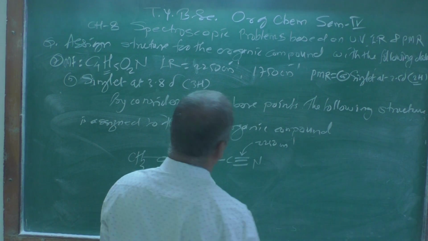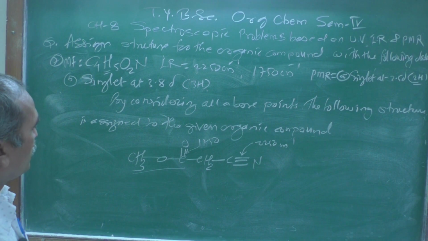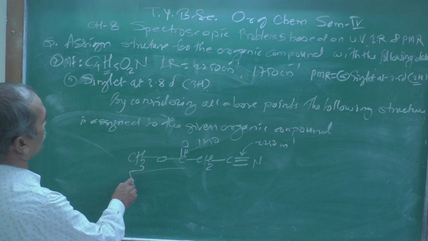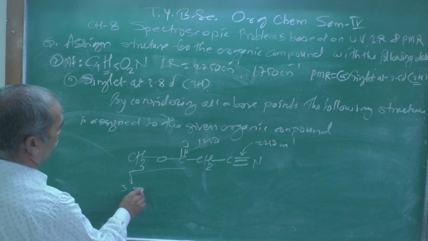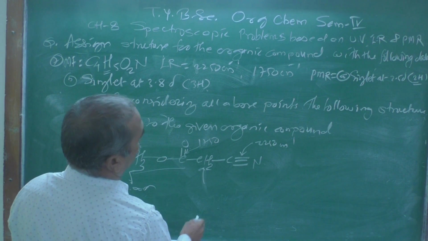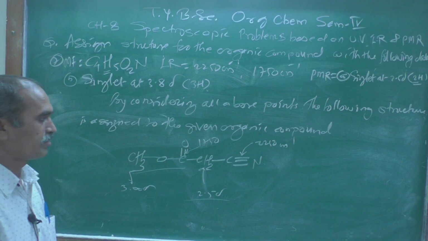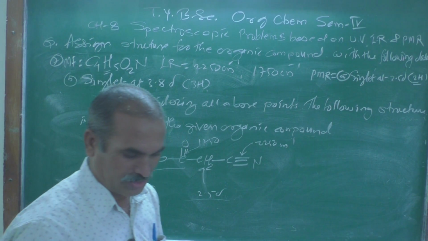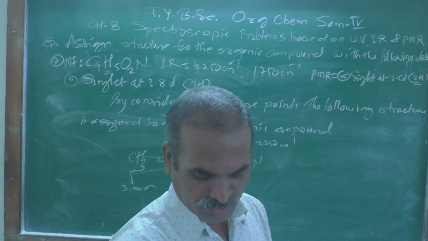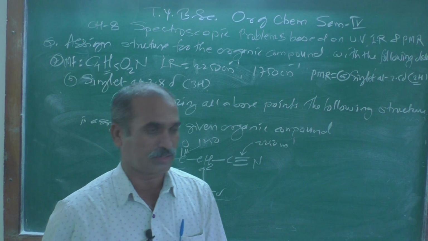The IR values are perfectly matching. Now, the methyl group has a singlet at 3.8 delta, and the methylene protons are at 2.5 delta. So in this way we have solved some problems based on UV, IR